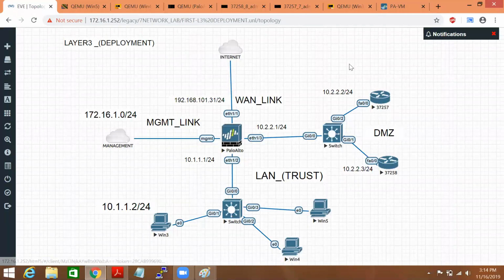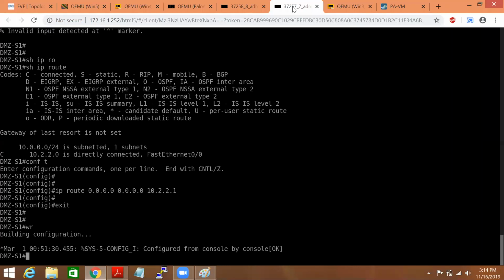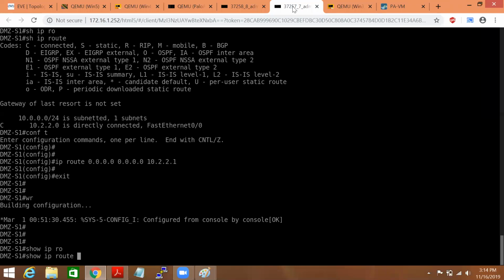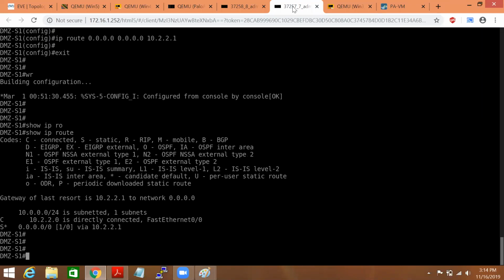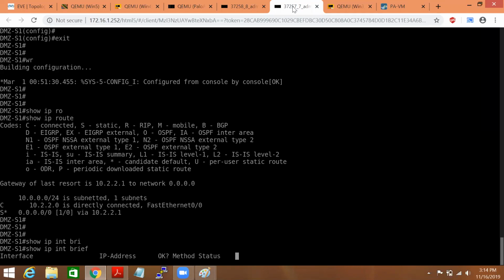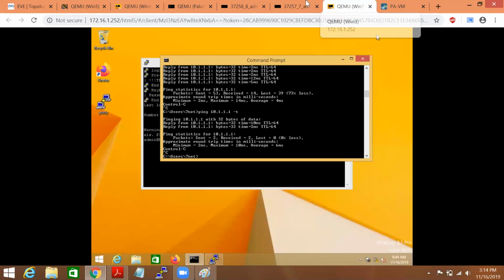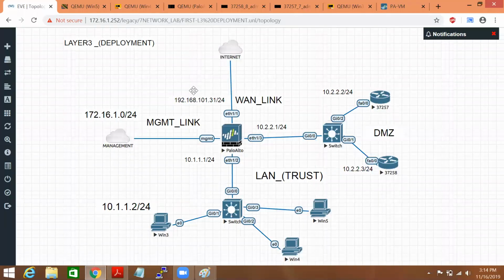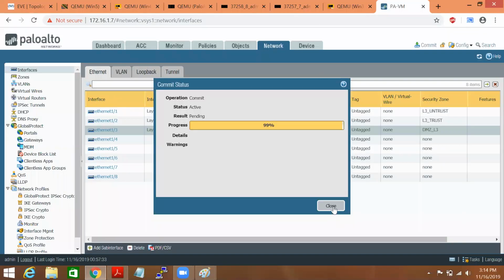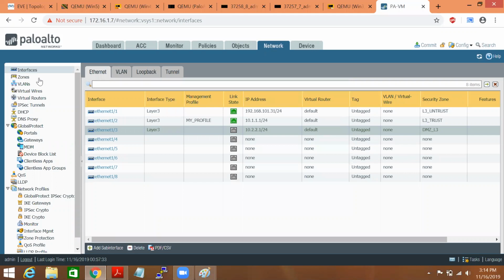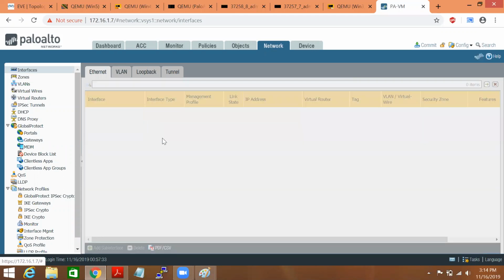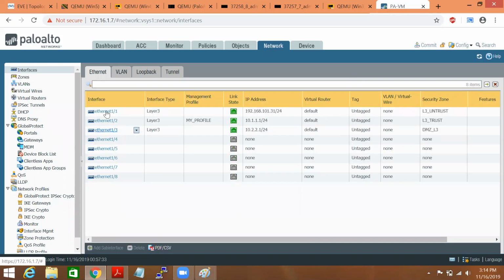Okay, let's try to ping. Now my routing table looks like this. After pushing this policy, we'll have to check 10.2.2.2. The policy just got applied and the interface is showing up.